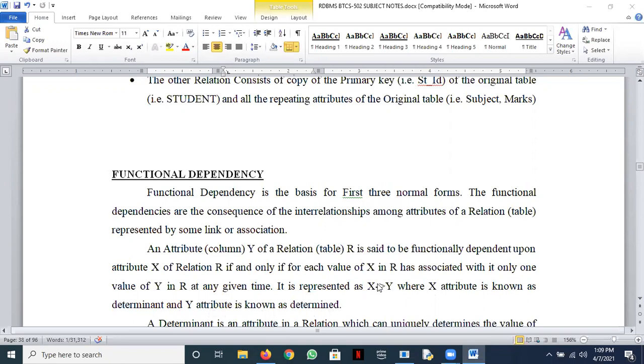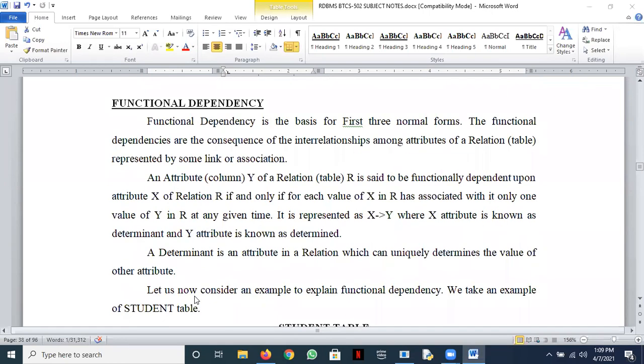So Y is determined from X. Is it clear? If it is clear, give me a quick raised hand so that we can move ahead.